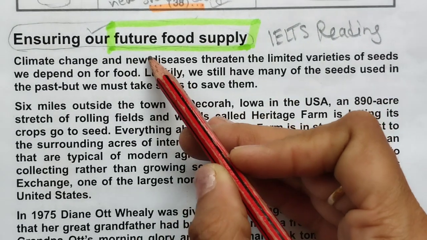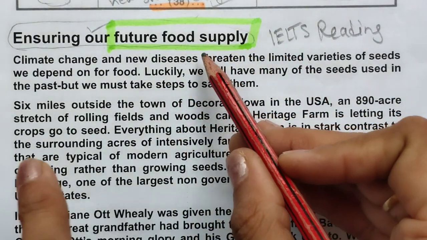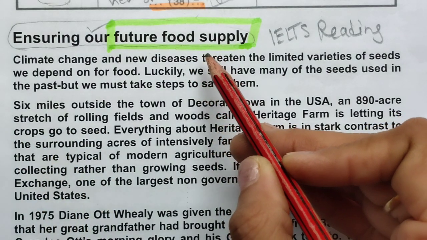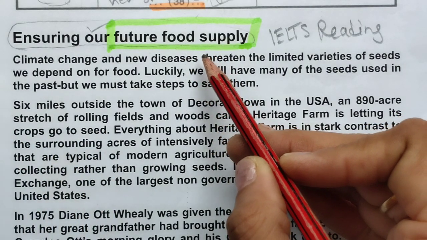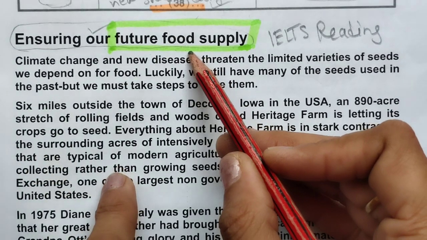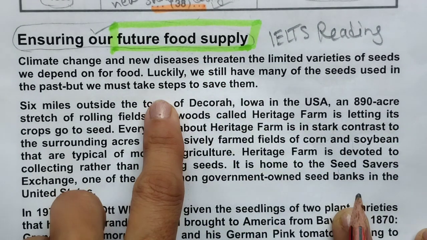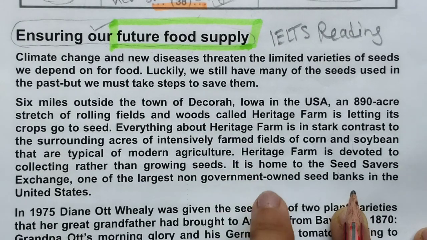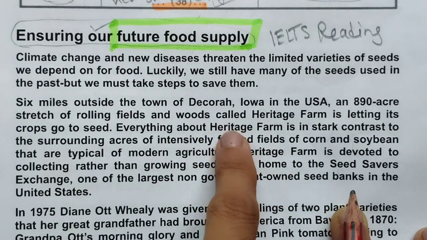So we will be doing this reading passage. That reading passage, food related IELTS reading, was part of May. I think a May related exam was there, and there it was this reading. Okay, let's do this reading, with the help of only keyword strategy and understanding something that is relating, that